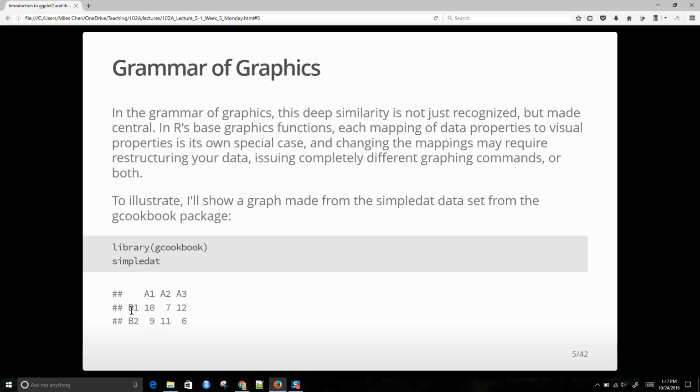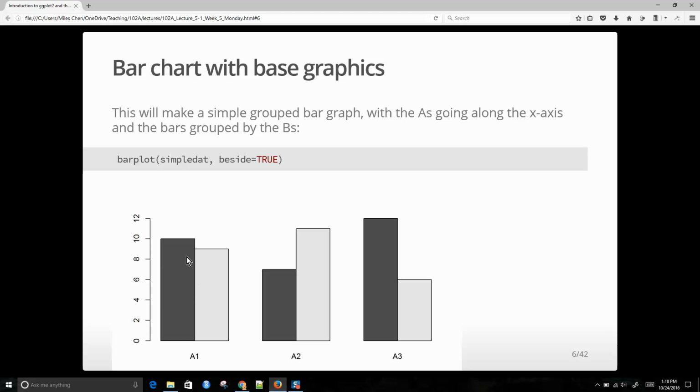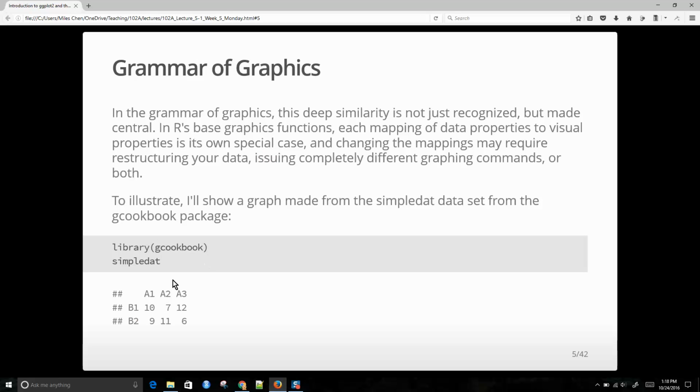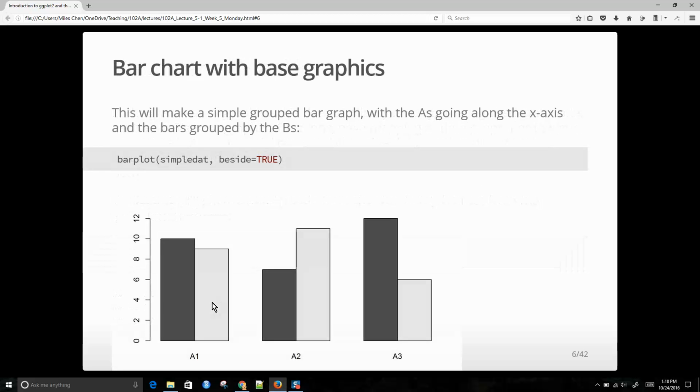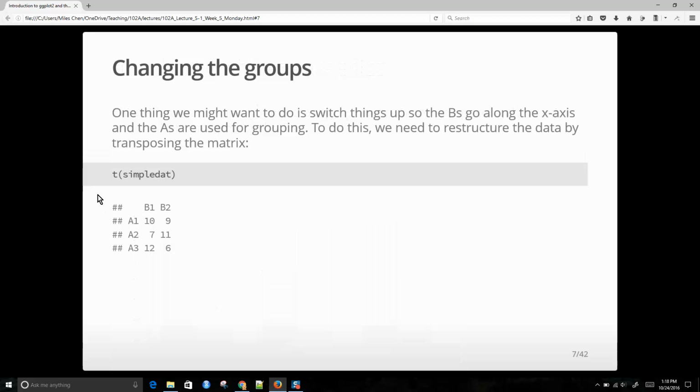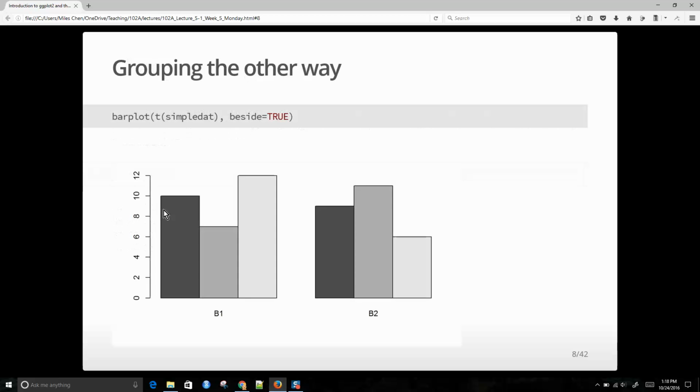if we wanted to graph it the other way, where we put B1 and B2 along the x-axis, we would have 3 shades. We would have a B1 and a B2, but we would have 3 shades each to represent the different A's. We would have to restructure our data. We would have to transpose our matrix, okay? And so now we have B1 and B2, and then we have A1, A2, A3 in the 3 different groupings there, okay? And so we would transpose the matrix, and then we would create a bar plot based on the